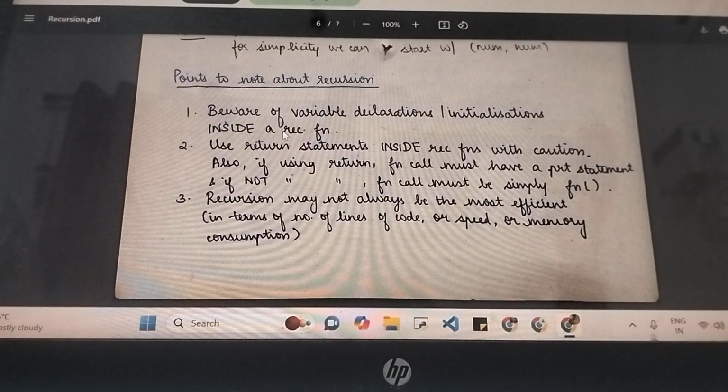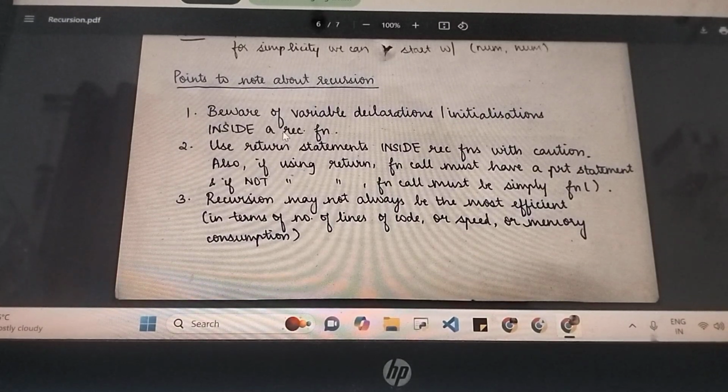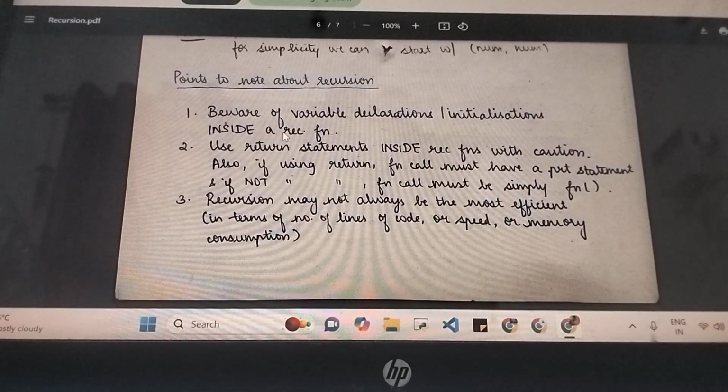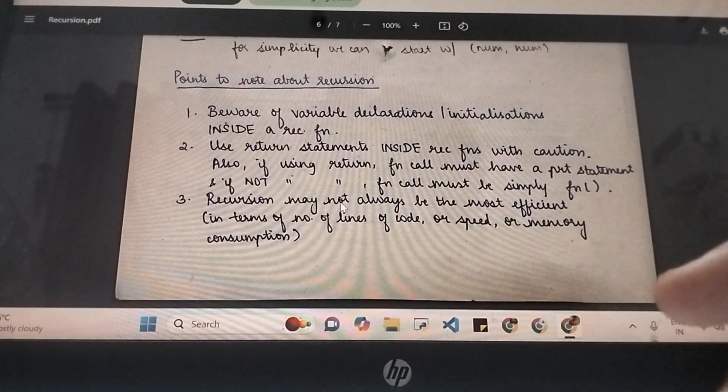So especially when you come to linked list and trees and all that, there are certain operations which, if you had to perform using iteration, would take, let's say, 15-20 lines of code. With recursion, it is just 3 to 5 lines. And there are some operations which cannot be performed iteratively at all. So when you start writing recursive code for all that, your instinct becomes to write a recursive code for any and every function. So that is when you need to remember that recursion may not always be the most efficient